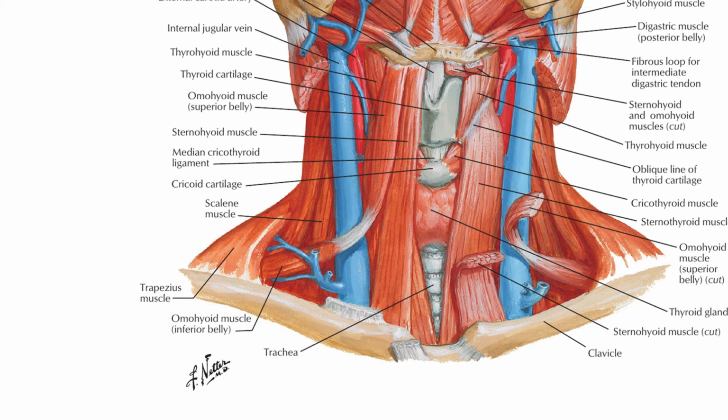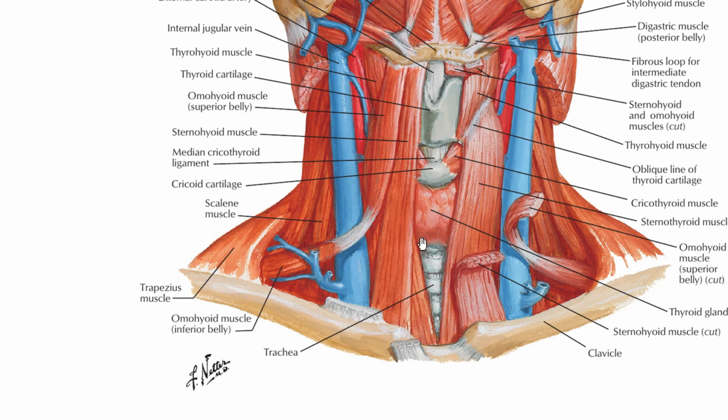Again, I would go with a quick review. These are, first of all, omohyoid: inferior belly, superior belly, and the tendon in between, which is the intermediate tendon. The inferior belly is attached onto the superior border of the scapula, adjacent to the suprascapular notch, which has been concealed by the trapezius muscle. Because of the trapezius muscle, you cannot see the scapula. Actually, it is beneath there. And the superior belly is attached to the inferior margin of the